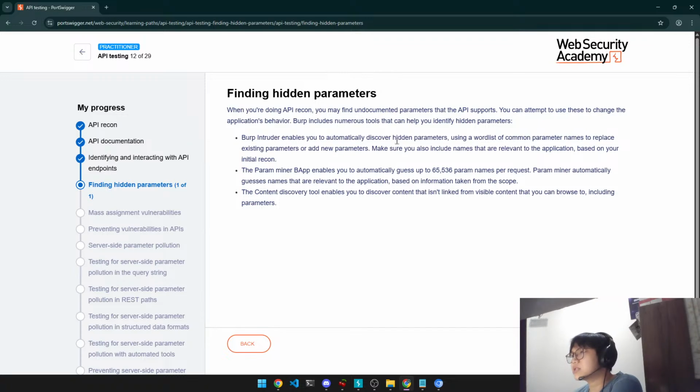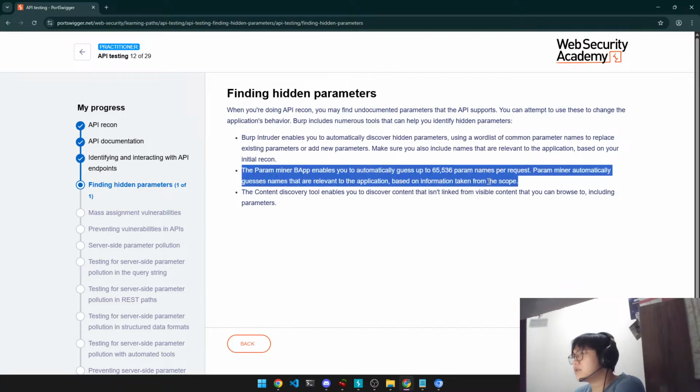or add new parameters. Make sure you also include names that are relevant to the application based on your initial record. Yeah, so this is basically fuzzing for parameters to try and get the data. The Param Miner app enables you to automatically guess up to 65,000 param names per request. Per request, that's insane. Param Miner automatically guesses names that are relevant to the application based on the information taken from